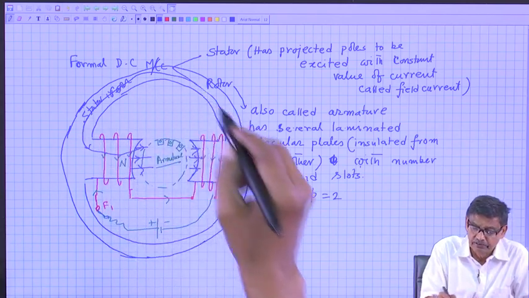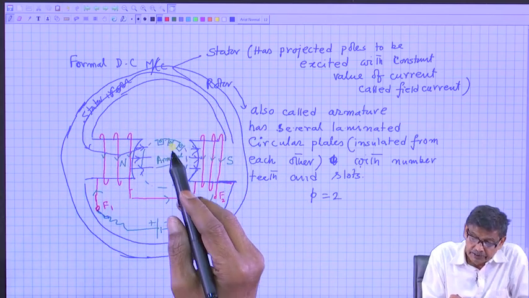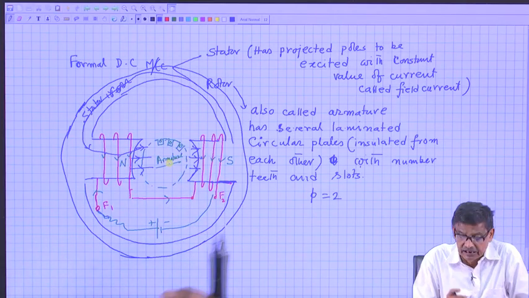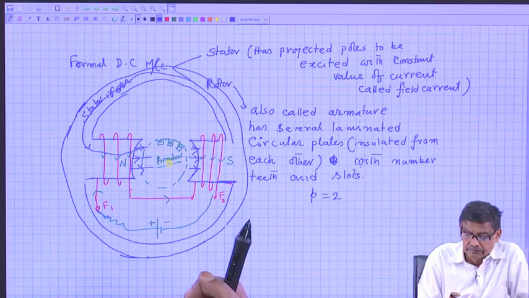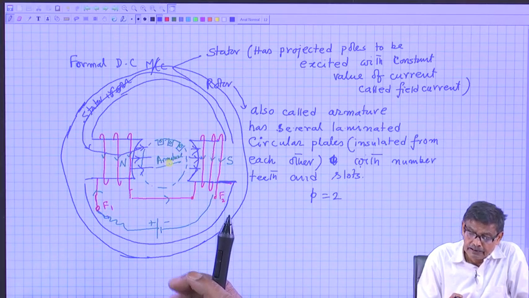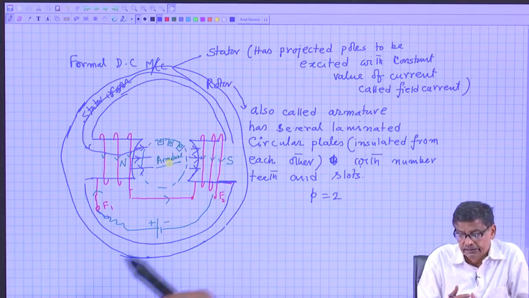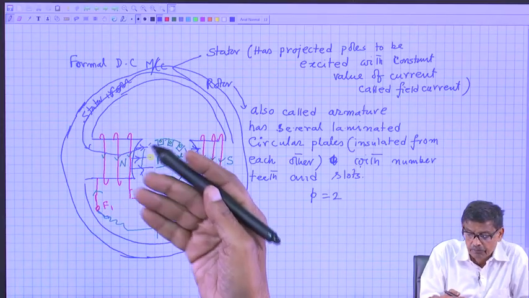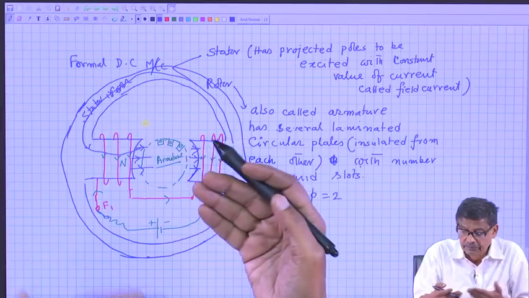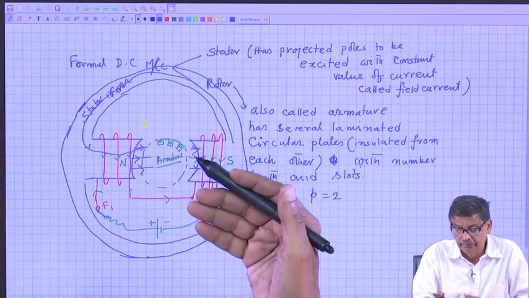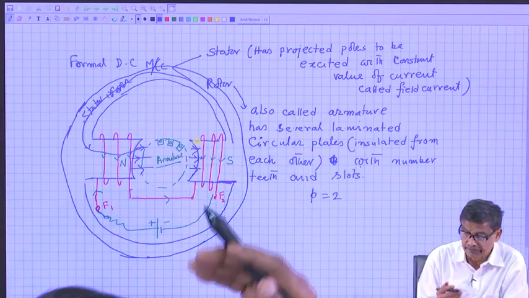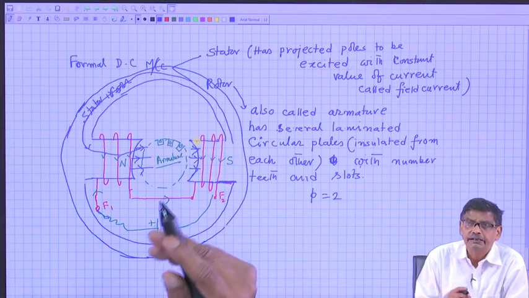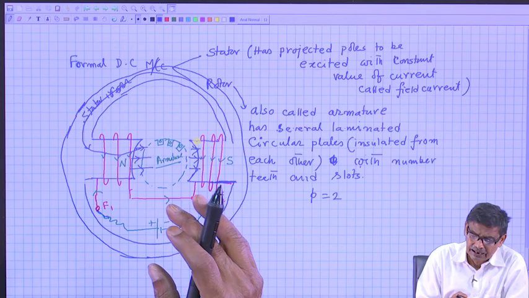A sample line of force will be like this, and the armature is a number of circular thin plates made of soft iron, stacked together so that you get the length of the machine, which in this case will be perpendicular to the paper. Similarly, this projected pole also has a length perpendicular to the paper. Anyway, this is the basic structure, but the armature is slightly complicated,